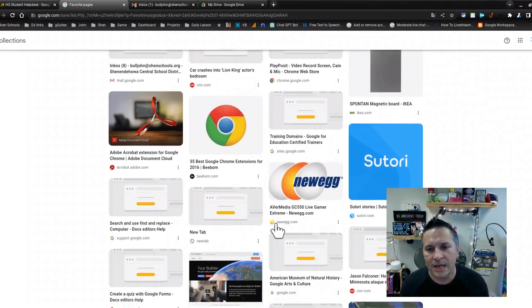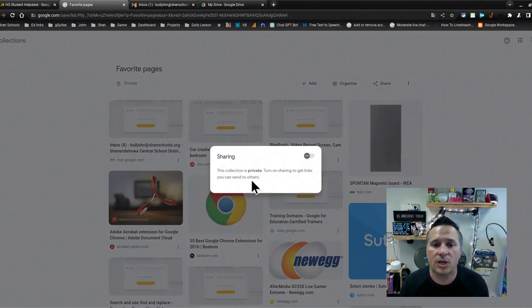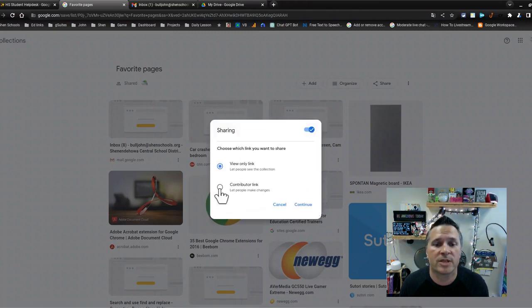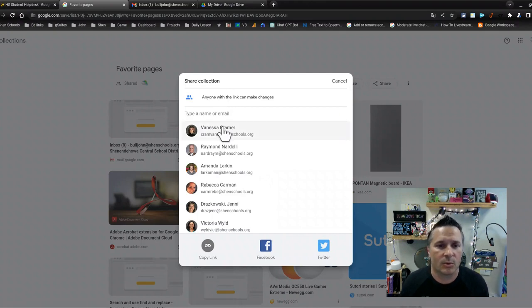So there's some really neat little views you get there. But you can also come up here to hit share, and then you can make the collection public or share it with specific people and even let them make changes. So for instance, if this was one that Vanessa and I were going to work on together, I would click contributor link, click continue, and then it brings up that standard sharing screen that you see a lot of time